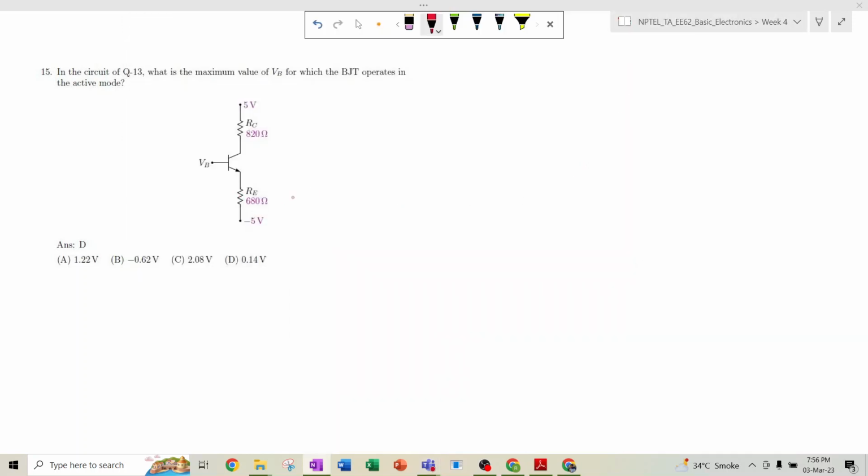Yeah, so it's the last question. What is the maximum value of VB for which the BJT operates in the active mode? Again the same thing: beta is very large, which indicates that IB is equal to 0, so IE is equal to IC. So if we apply 5 minus 0.82, that is the output KVL, 0.82 into